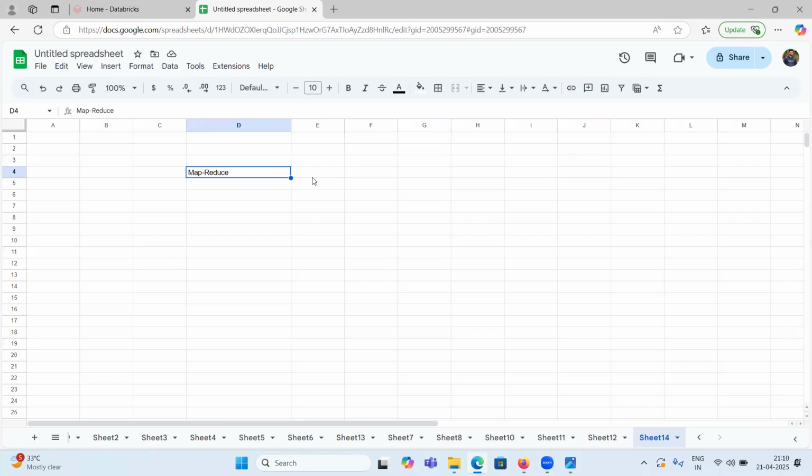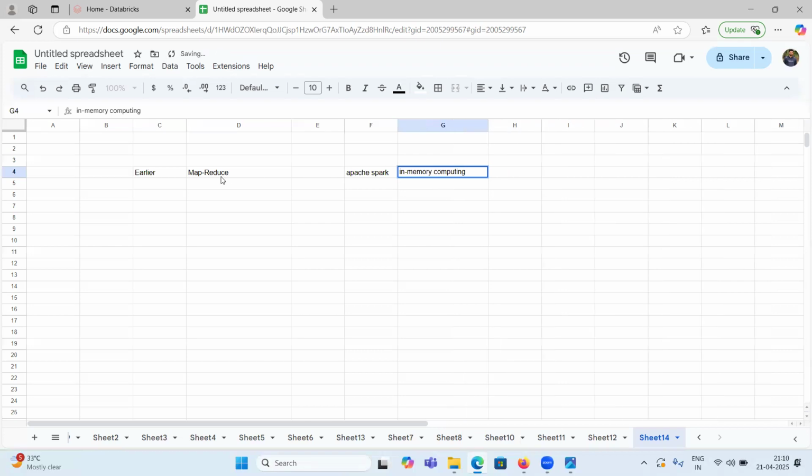Whereas the big difference between Apache Hadoop and Apache Spark is that in Apache Spark we are using in-memory computing instead of the earlier MapReduce method. That is the only difference; everything else is the same. There also we have worker nodes, there also we have the driver node. Everything is the same, but there we had to connect to storage accounts every time